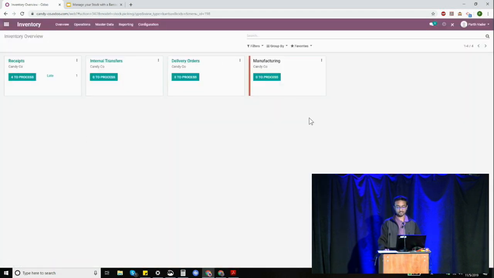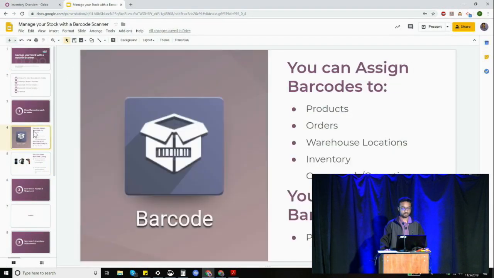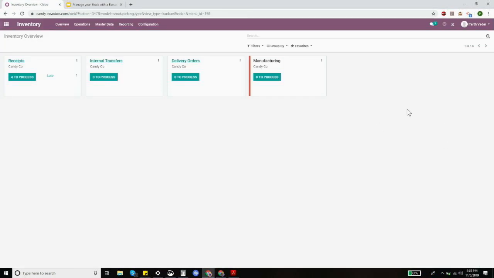And right off the bat, again depending on my user access, this is basically my to-do list. I can see how many items or shipments I need to receive, some internal transfers, any deliveries that are going out, or any manufacturing if you have manufacturing enabled. Now let's talk about some of the stuff we saw earlier about products, orders, and warehouse locations. So if I go to configuration first, and then go to settings,